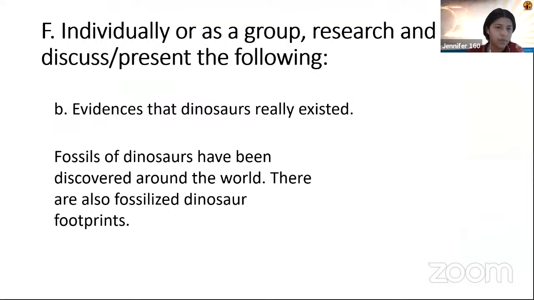So there is a lot of evidence that dinosaurs really existed. Like a lot of scientists found fossils around the world, and